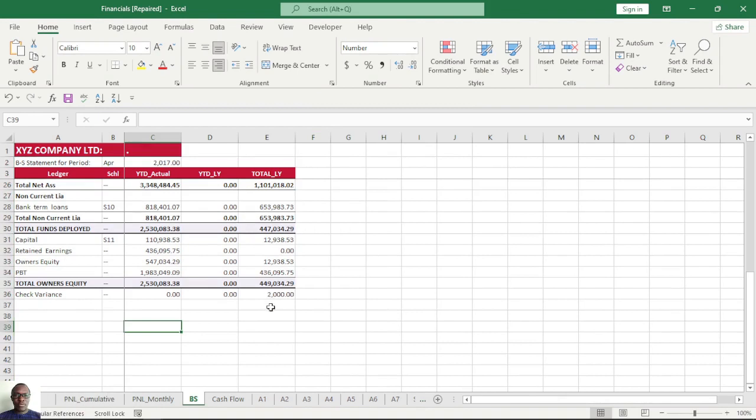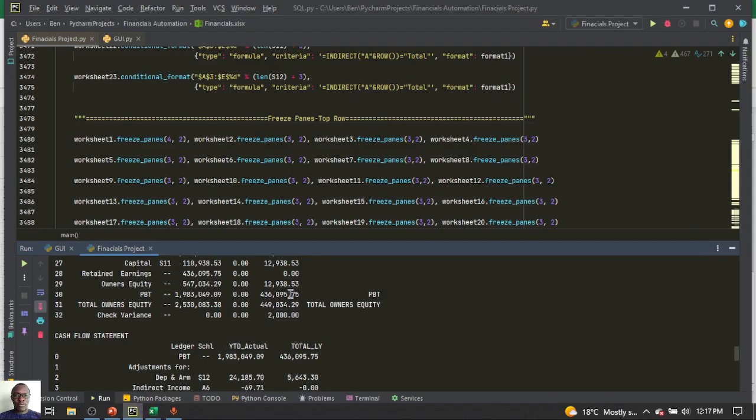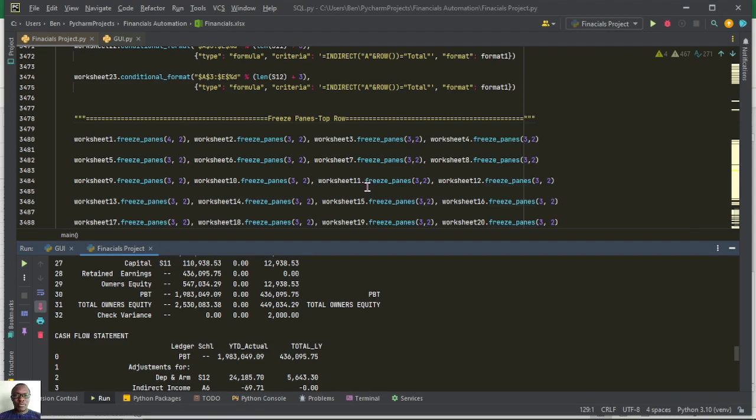There's a problem with our balance sheet when you don't tie the trial balance correctly. So that was all about formatting the financials. So when we come back in our next video, we'll see how we can put the coding that we've done for financials within an application such that you can log in and log out and key in the period number and run your financial